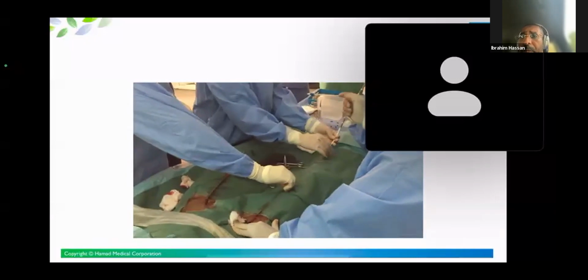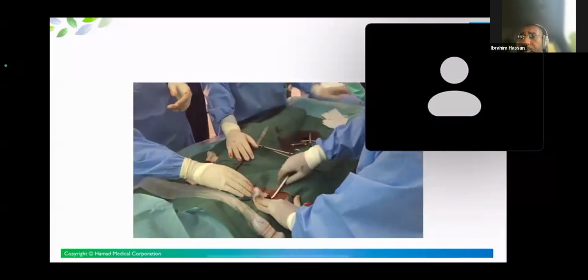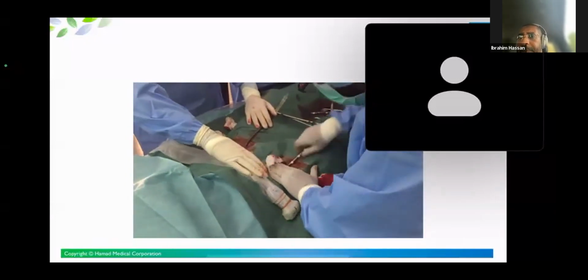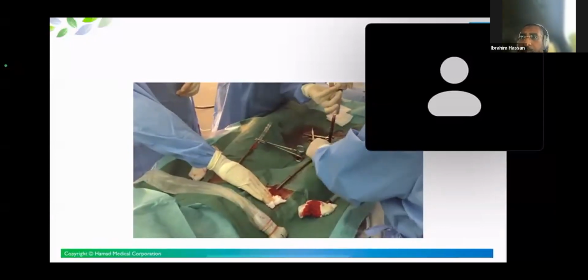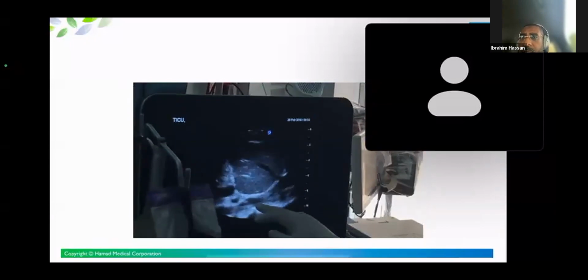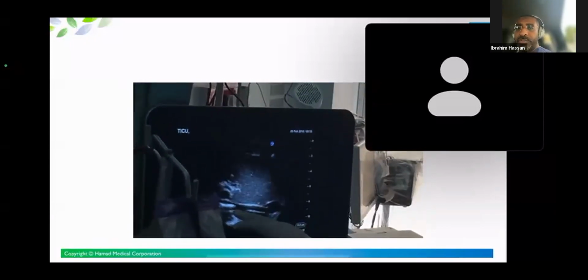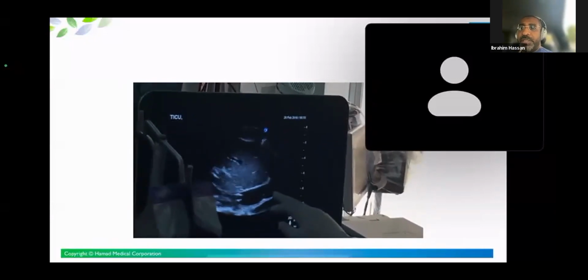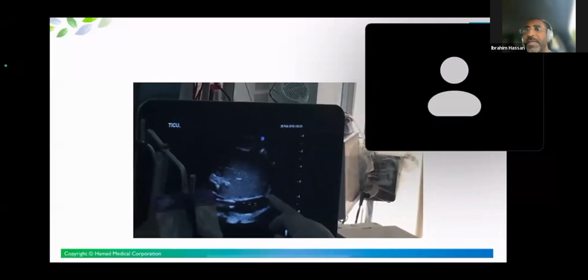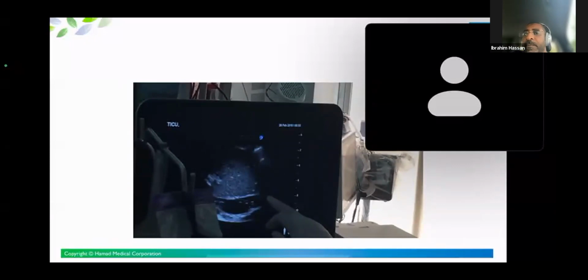And then you put the other drainage cannulae through the other femoral vein, goes smoothly and easy. And you do the same, you flush it to make sure it doesn't get clotted. You confirm the position by ultrasound or fluoro. In this view, you can see it in the right atrium, the return and the access in the cava IVC. So it's something that can be done by intensivists, can be done by surgeons.